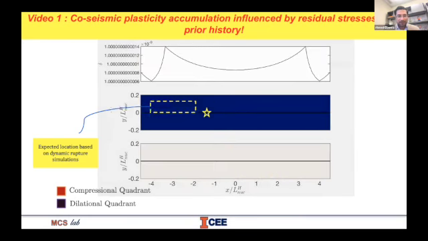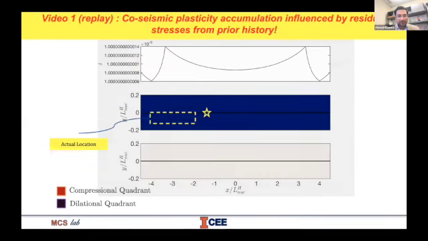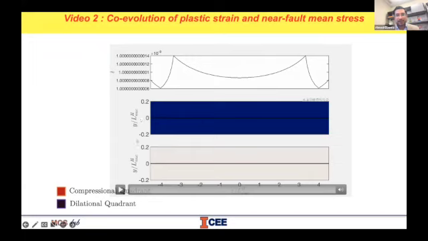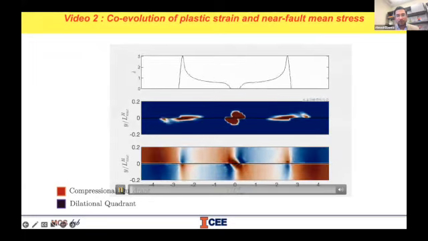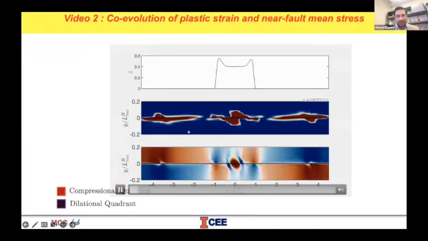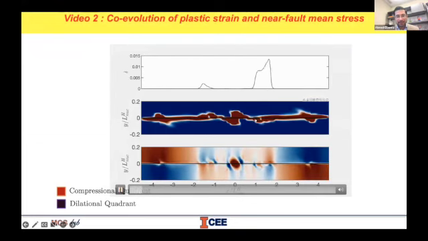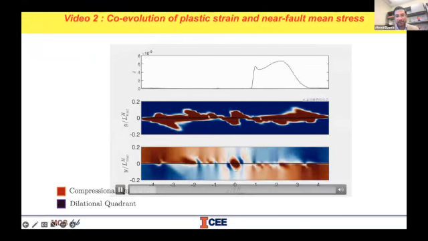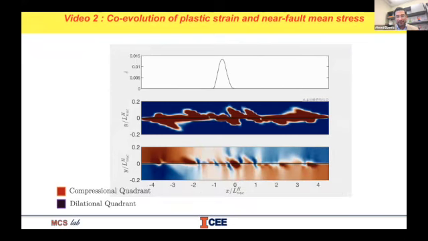Okay, so let me move on to the next video. The next video would show a coevolution of the plastic strain and near fault mean stress here. This is over the whole cycle. You would see the plastic strain accumulating in the middle section here, and in the bottom section, you see the evolution of the mean stress as multiple events start